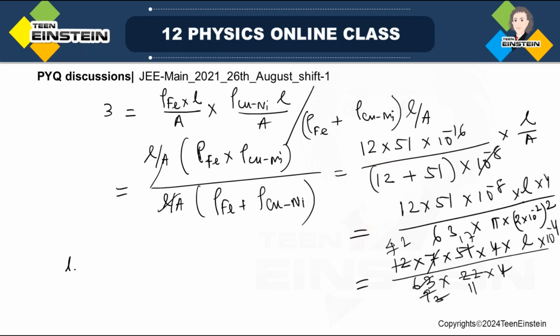So L will be equal to 3, right? So this is 11, so 11 into,